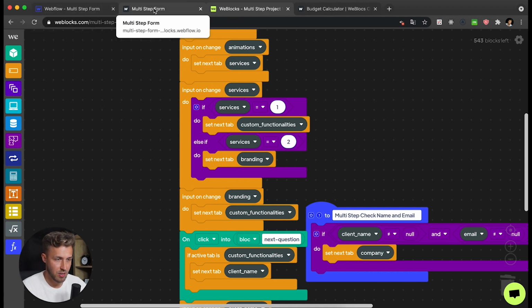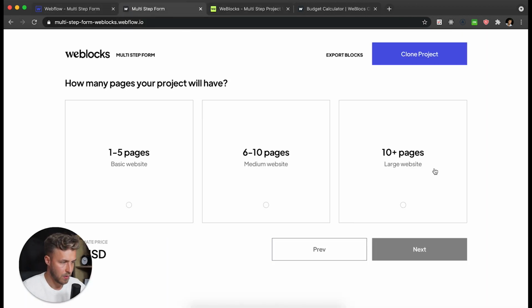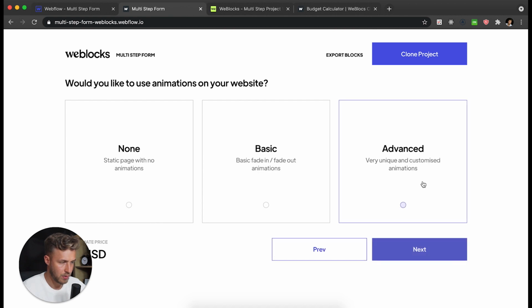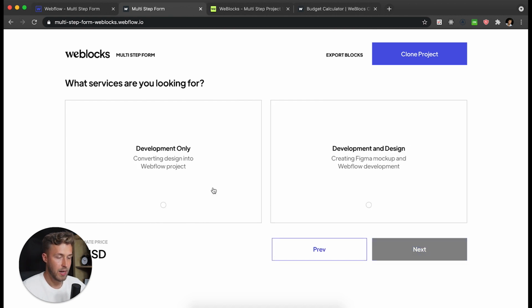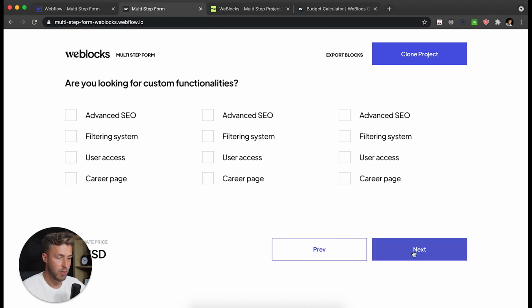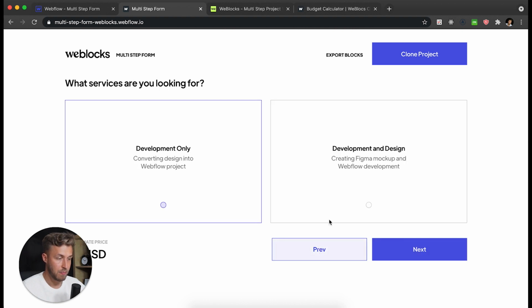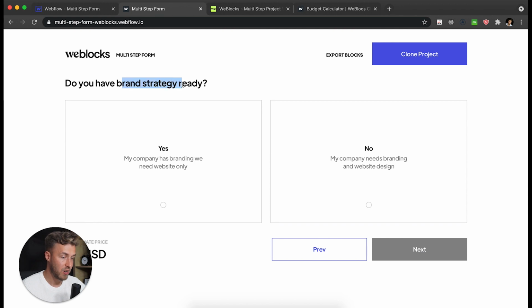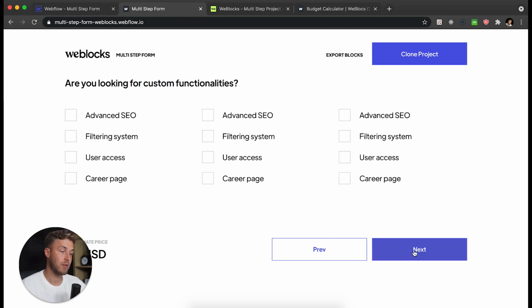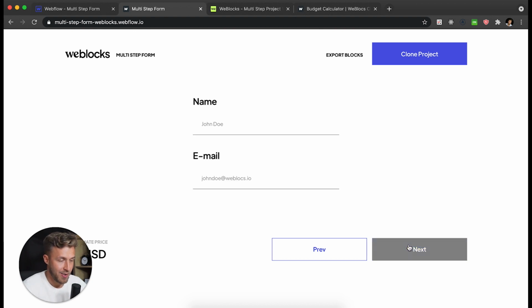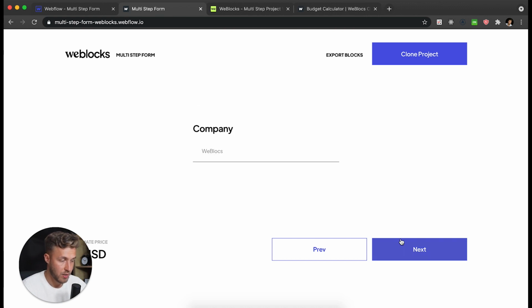Okay, let's check if it works. I'm choosing advanced, and right now when I choose development only, we go to custom functionalities. But if I choose development and design, we go to the brand strategy, and I can go next to the custom functionalities. Okay, and the last thing which I would like to show you, which we can change in WeBlocks